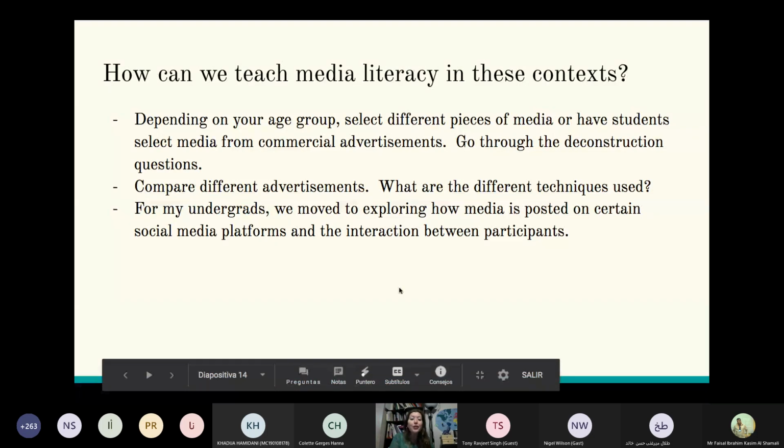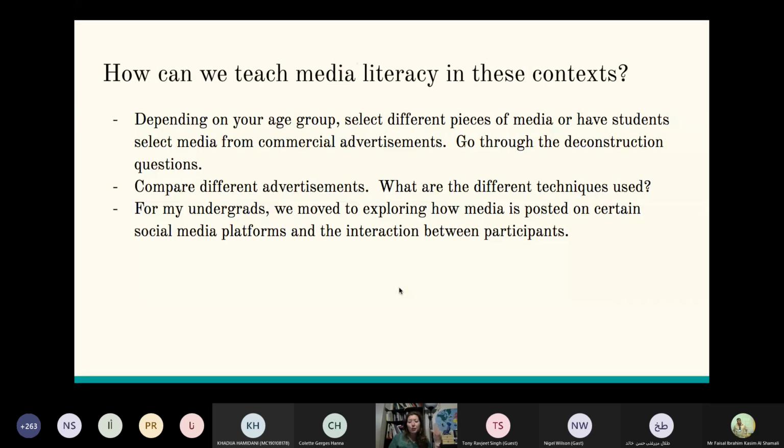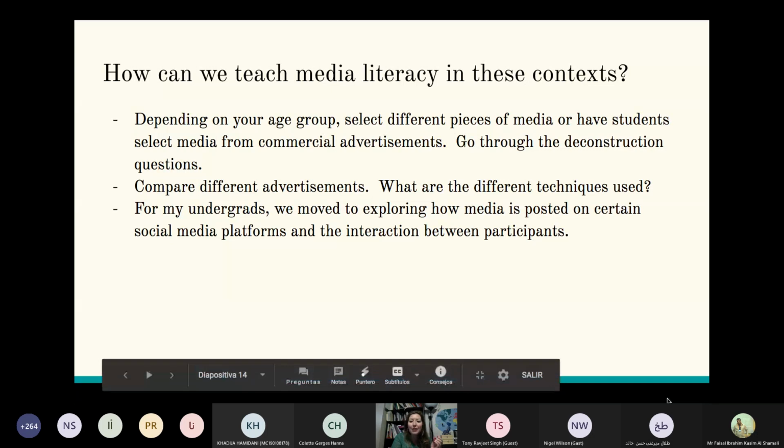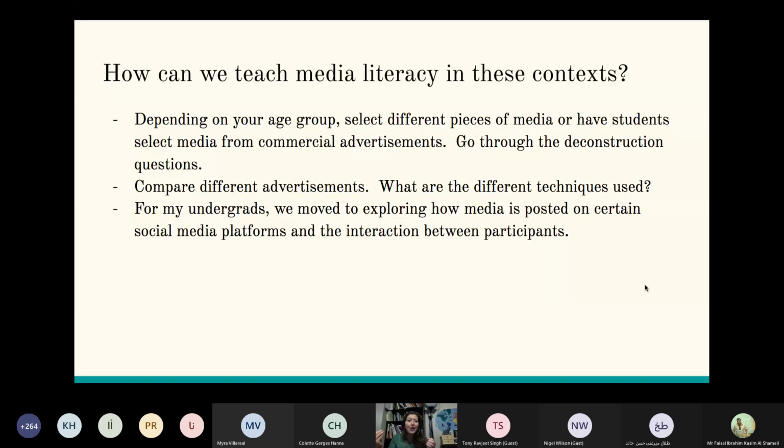For my undergraduates in particular, I've explored how media is posted on certain social media platforms, and they can look at the interaction between participants, because now we have these social media platforms. It's not just about the message itself, but it's